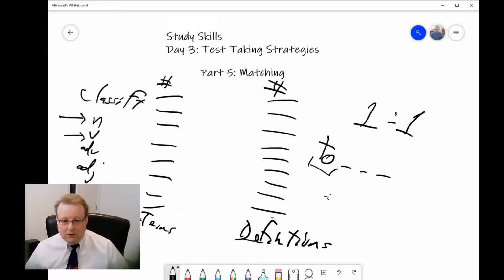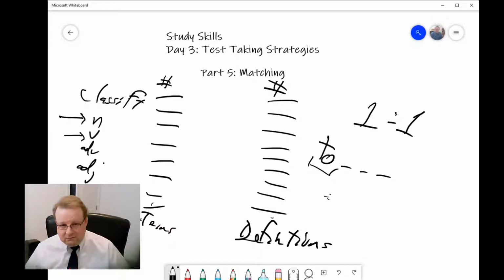You also want to minimize the total amount of time you spend reading so that you have the time on the test. So it's very common to have the terms on the left and the definitions on the right, but it takes more time to read a definition than it does to read a single word. So if you read the term and then read each definition until you find it, that's going to be a lot more reading. But if you read the definition first and then go back to find the term that matches,